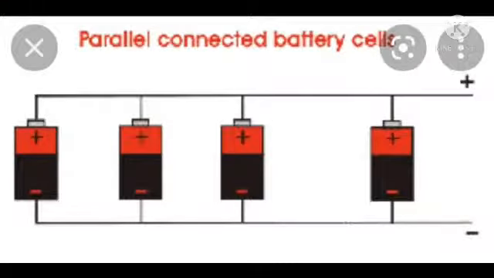Student, you must have seen more than one electric cell connected in an electrical circuit. As you can see in the above slide, I have shown how the batteries are connected to each other through a wire. So student, in the transistor radio, 2-3 dry cells are seen to be connected in series. The purpose of doing this is to obtain more potential difference than a single cell.